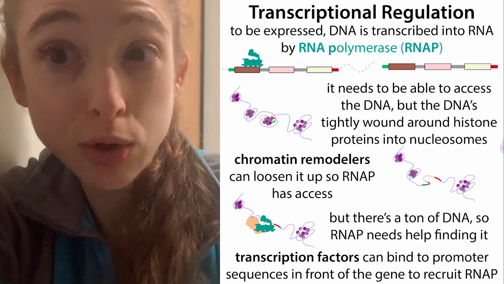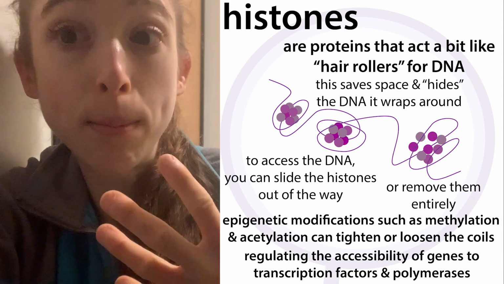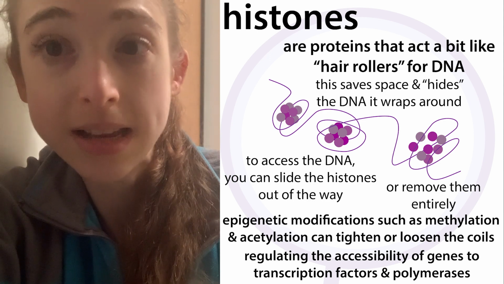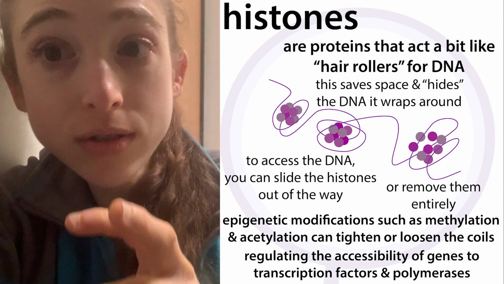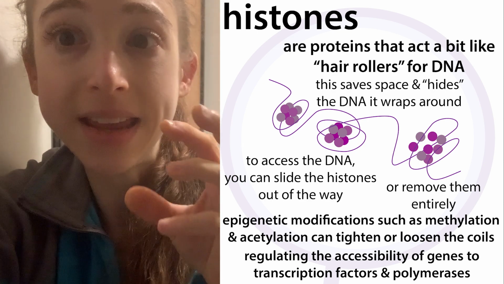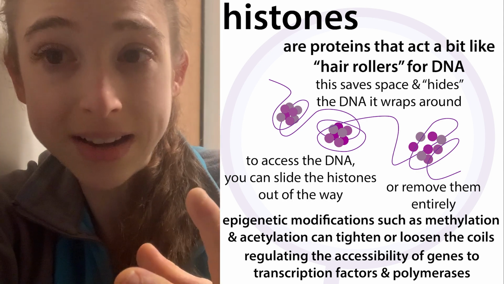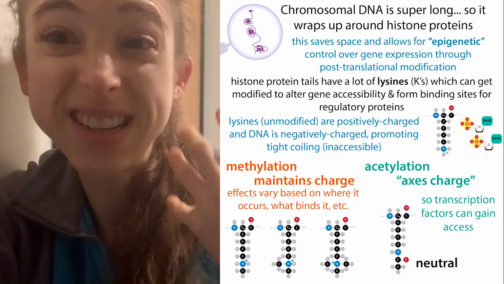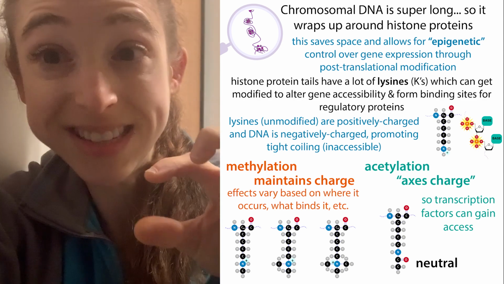So there's a lot of transcriptional regulation as well as epigenetic regulation. Epigenetics is above the level of the DNA. In the DNA is written the instructions for doing things like making proteins, and those instructions are tightly coiled up around these histone proteins. In order to tell cellular machinery, come to this place and use this gene right now, you have to move those histones out of the way. You can modify those histones with acetylation and methylation. So this is epigenetics: epi, above the level of just the DNA, just the gene sequence.